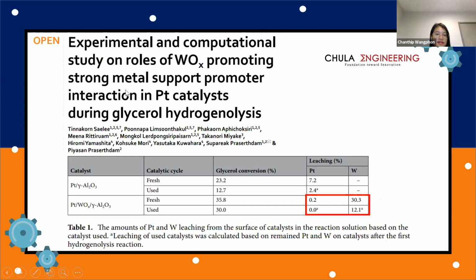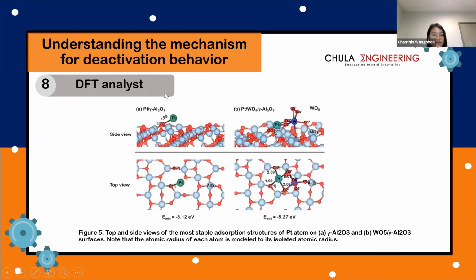And in addition, this paper investigated the role of the tungsten on the stability of the platinum active sites on gamma alumina by using the experimental data combined with DFT analysis. From the results, we can see that when we dope the tungsten oxide, it hinders the leaching of the platinum active sites. And why is that? From the DFT analysis, we can see that when we dope tungsten oxides, it affects the